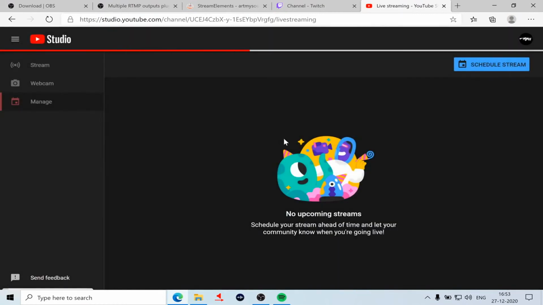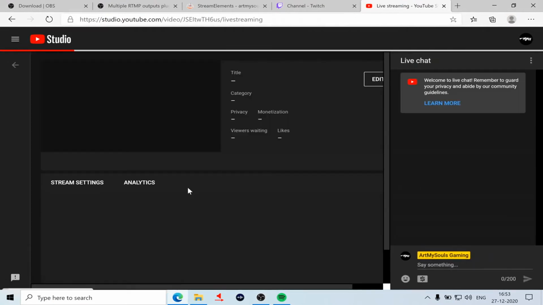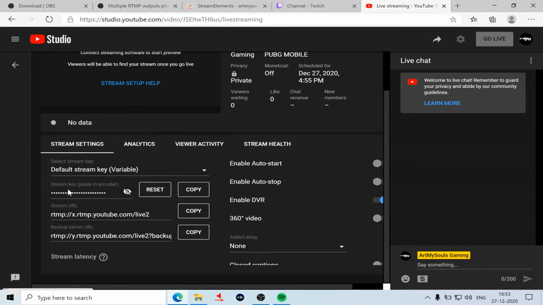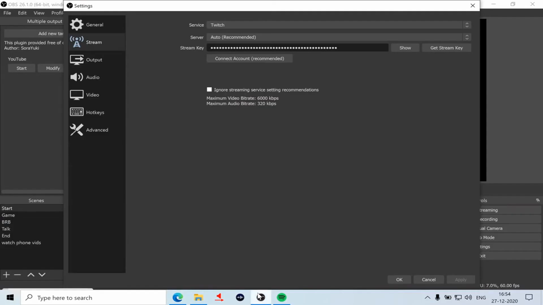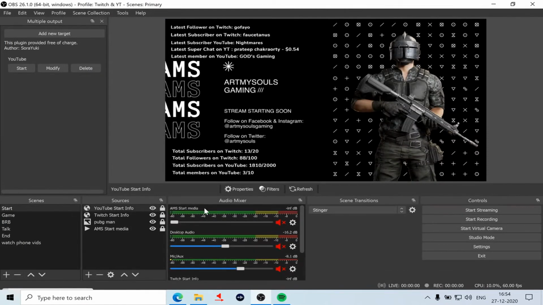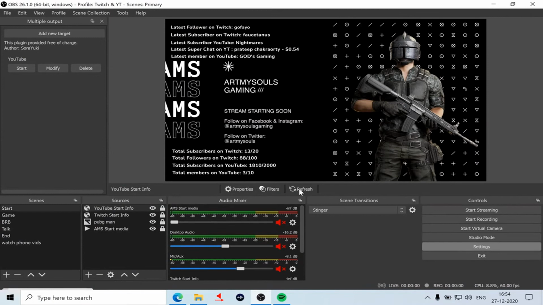Once you've created a stream successfully, in the stream settings, make sure the stream key is not visible to anyone. Do not share this key with anyone, because if someone has access to your key, they can stream to your account. You can copy the key directly from here, and once you've copied, paste it here along with the server. It depends on what service you're using. You can change accordingly. So these are both the ways for YouTube as well as Twitch. So that's how you get your stream key.